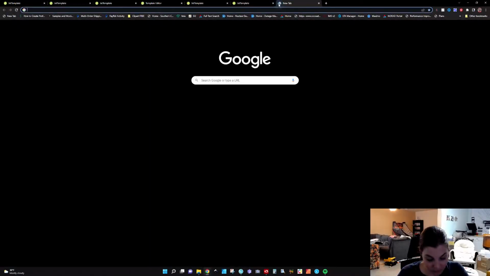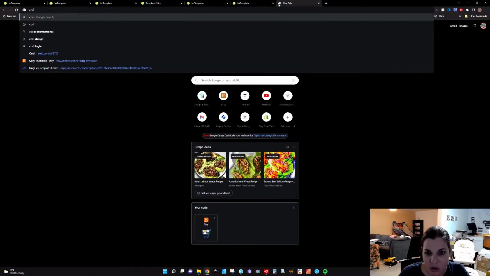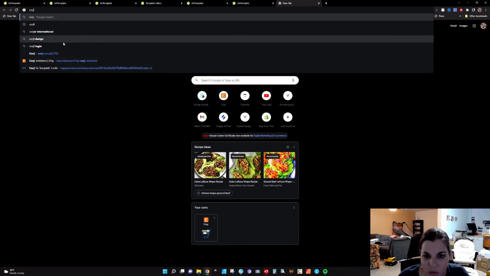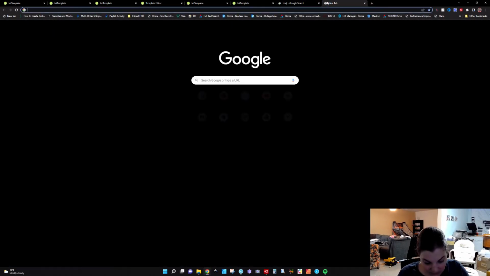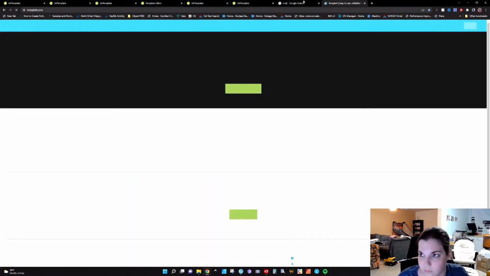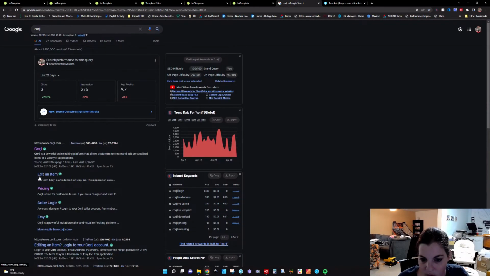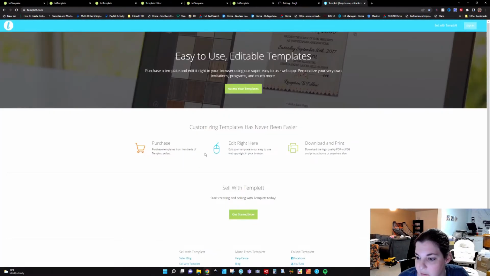I have to say, after going through Cordial and Template and seeing this, I don't understand why anybody wouldn't be using Jet exclusively, because you're saving yourself anywhere between $10 upwards to $100 a month if you're using Template as your end product. So remember, if we go back to Cordial and we go back to Template and we look at pricing,